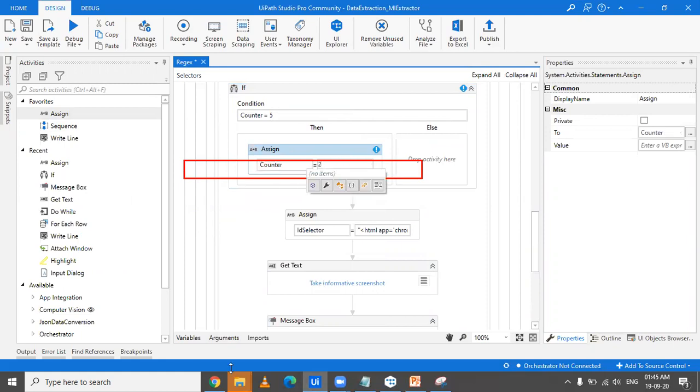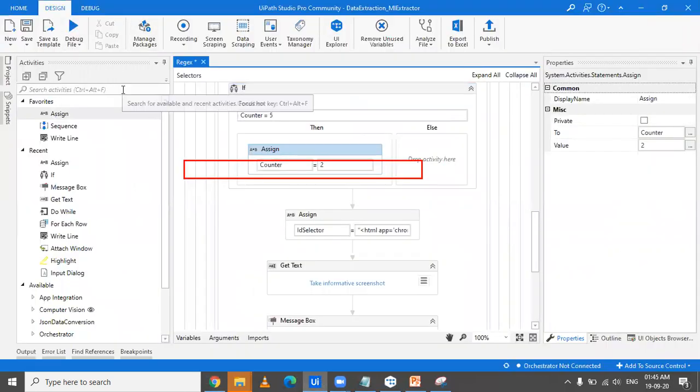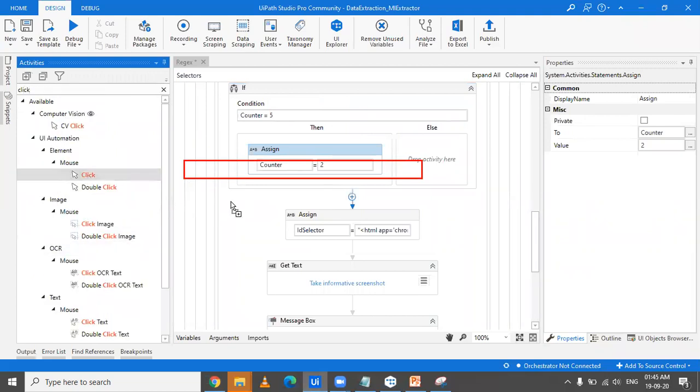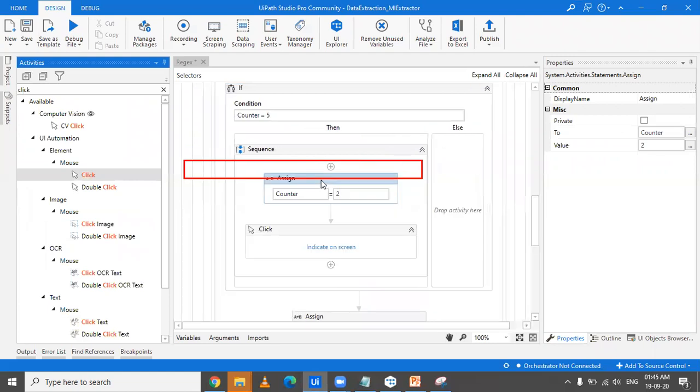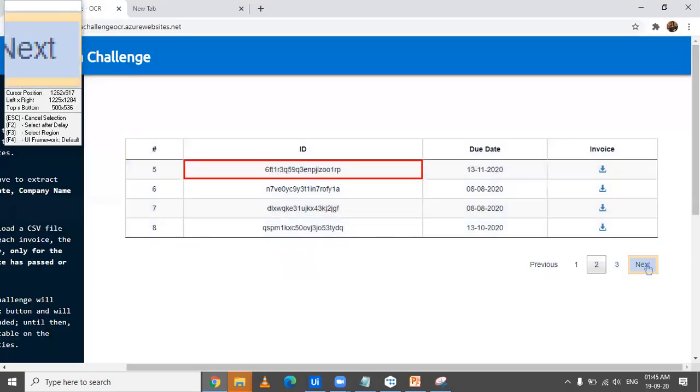And along with that, we'll also have to click on this next thing so that it now moves on to the next page. So we'll drag in a click here and we will indicate next.